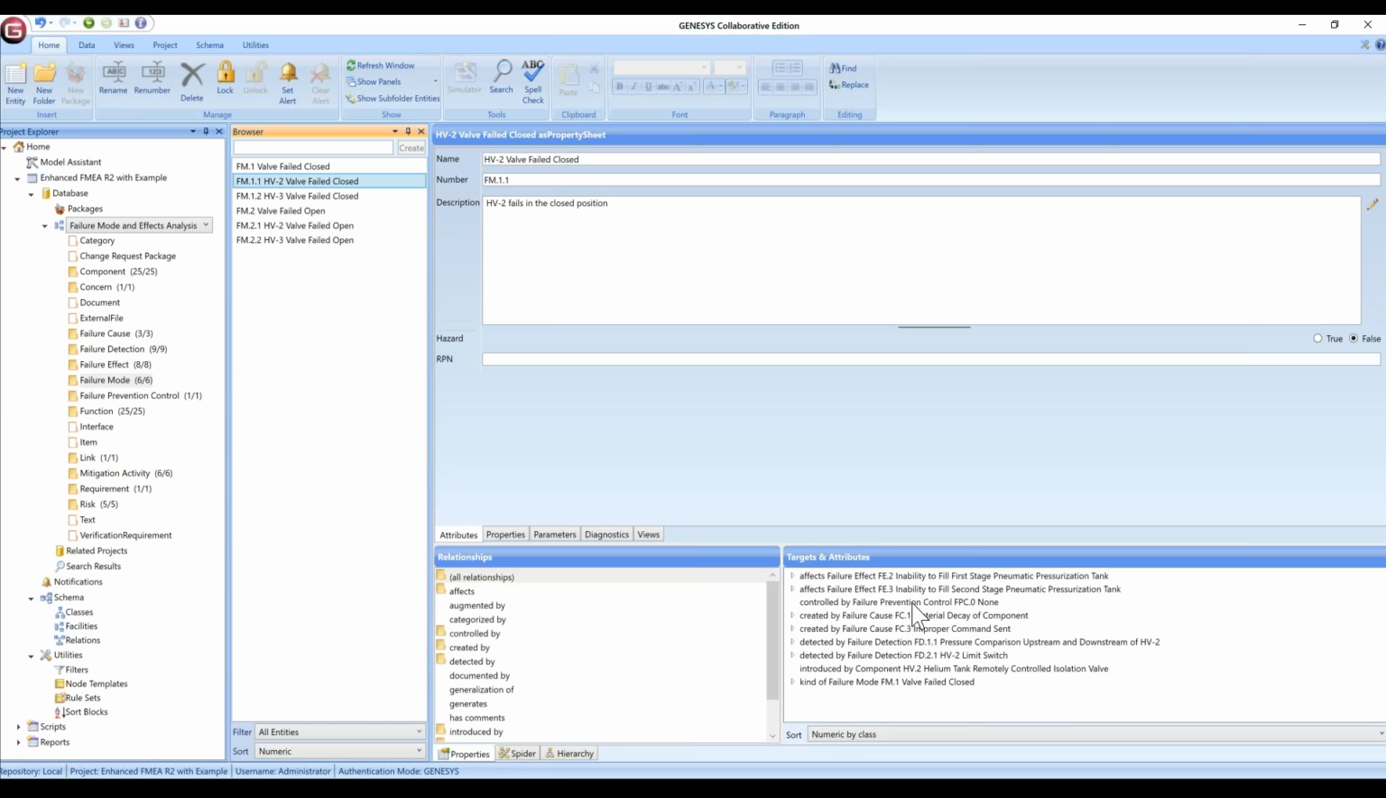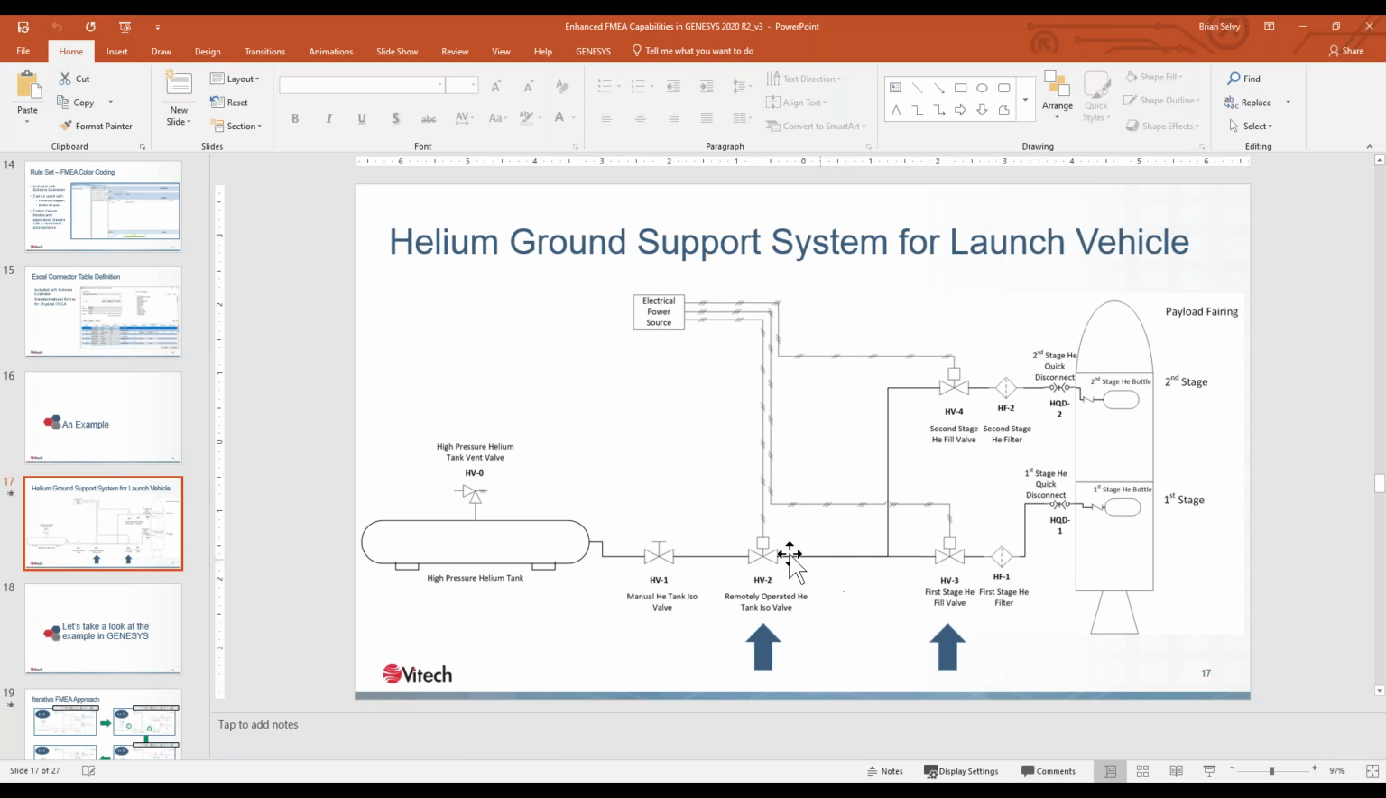Okay, so I've got a couple causes now captured, and then what would be the effects? Well, if that valve is closed, there's no ability for us to fill either the first or second stage tanks, right? So because there's that split in my diagram, if you see here, if this valve is